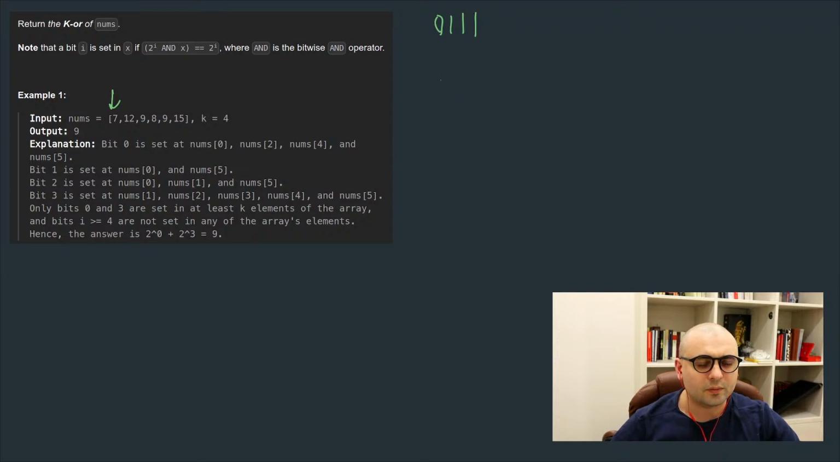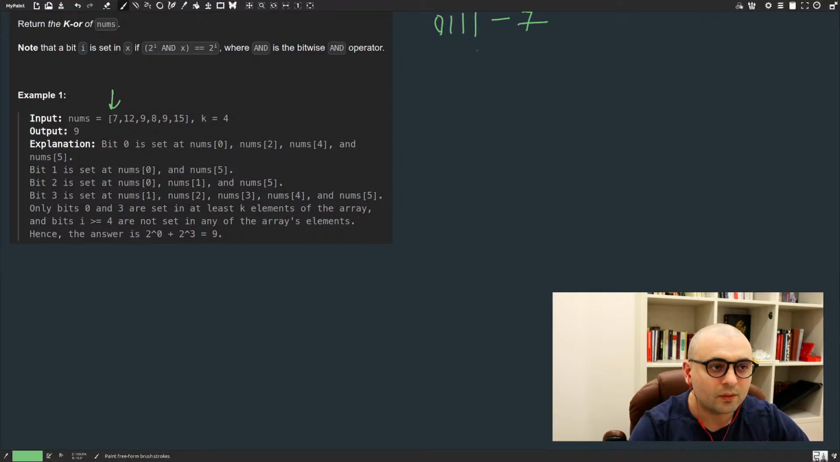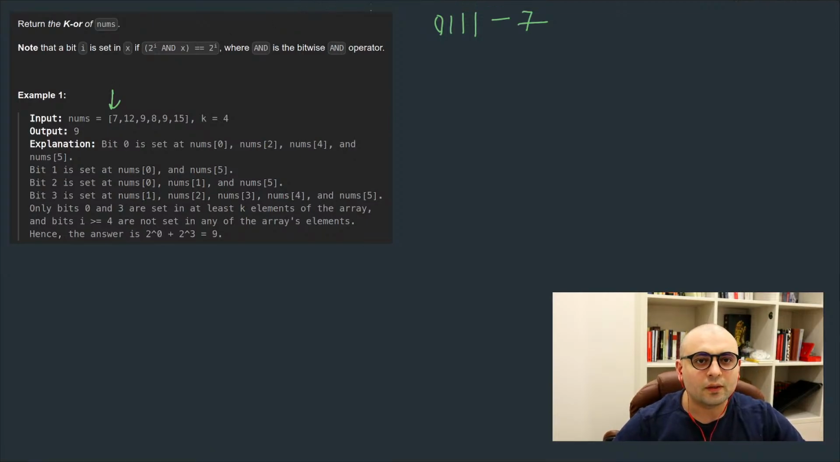That's 7, if I'm not mistaken. So 0, 0, 0, 1, 1, 0, 1, 1, that will be 3, 1, 0, 0, 1, 2, and 1. So yeah, that should be 0. So this will be 7 in bit form. So that's 7. Now, note that bit I is set in X if 2 power I